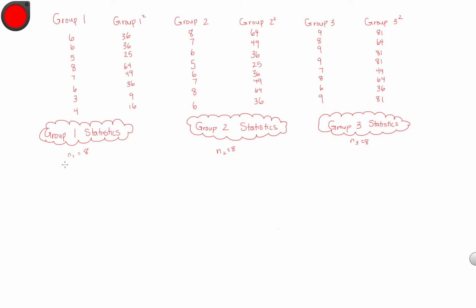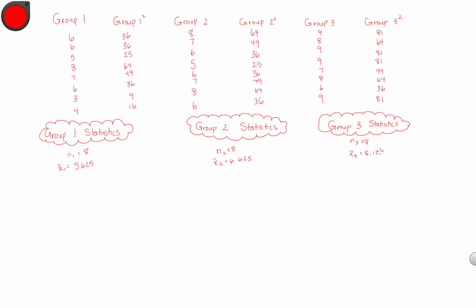Okay. Now, you can also look at the means. I'm just going to go ahead and do that now because, again, I think it's kind of useful. So you can see for group 1, the mean, if you were to actually calculate this out, is 5.625. For group 2, the mean is 6.625. Again, I'm keeping subscripts straight here. I think that's really helpful. And for group 3, x bar sub 3 equals